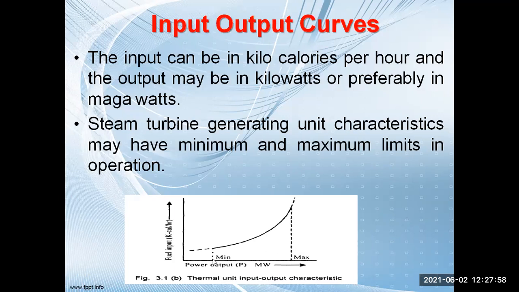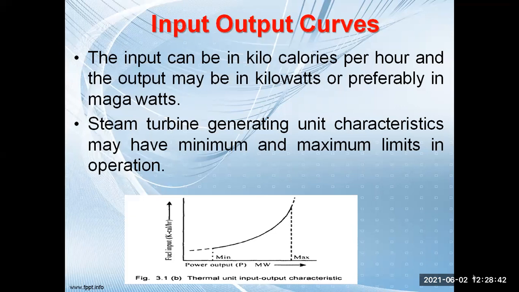Similarly, there is some minimum capacity of the boiler. If you go below that, what will happen? The boiler cannot sustain the flame. The boiler has some flame, and that flame cannot be sustained. That's why any power station will operate between some minimum value and maximum value. This is the reason why any power station should have a minimum generation capacity and maximum generation capacity. The characteristic of this particular curve is continuously increasing in nature. It is a parabolic curve. Now the input can be in kilocalories per hour and the output may be in kilowatt or megawatt, because it is a power station. We'll normally express in terms of megawatt.